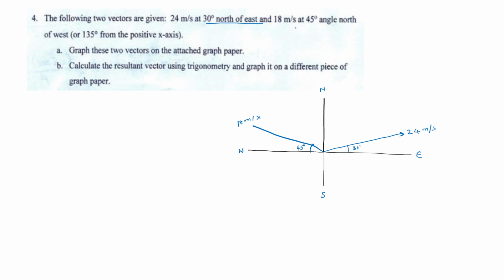Okay, right. And we need to calculate the resultant vector of these two vectors. So if I draw the diagram without axis, it would be like this. One is 24 meter per second and another is 18 meter per second. So the angle between them will be, this will be 45 and this will be 60 because the overall angle is 90 degrees anyway. So the angle between them is 105 degrees, and we got two vectors and we got the angle between them, so